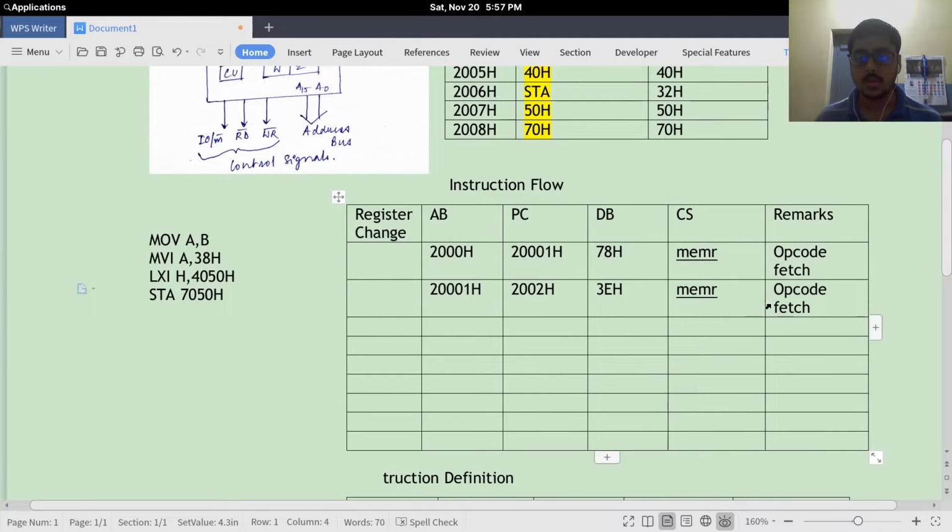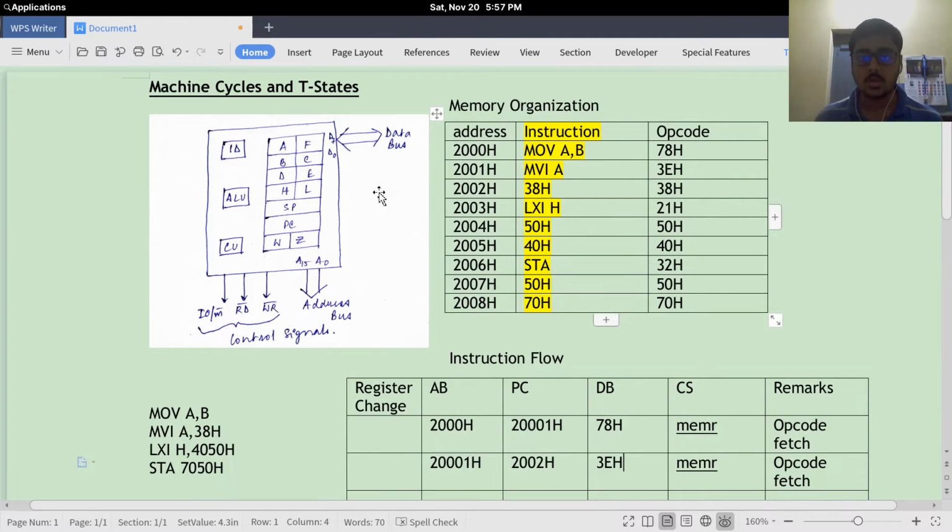Okay, so we have fetched the opcode. Now after fetching 3EH, it comes in the data bus, and then it's taken into the instruction decoder.